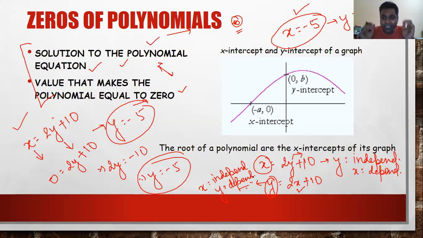So if you take a scenario in which you are feeling hungry and you want to eat something, the quantity to be eaten by you depends upon the hunger level. So in this scenario, your hunger level is your independent variable and the amount that you're going to eat is your dependent variable, because it depends upon your hunger level. Okay, so in this way you can understand.